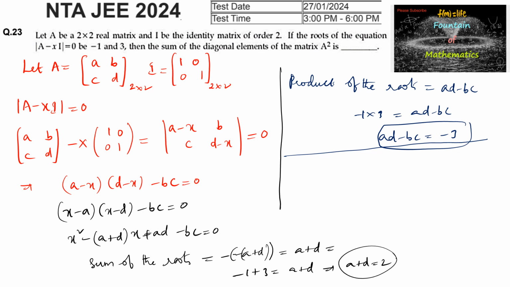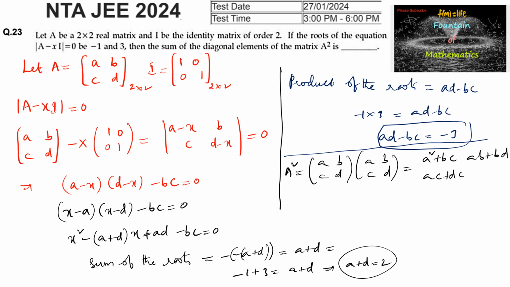the matrix A square. So let us find A square, which is equal to [a, b; c, d] multiplied with the matrix [a, b; c, d]. You will get a square plus bc, and here ab plus bd, and here ac plus dc, and here bc plus d square. And the sum of the diagonal elements we can write, sum of the diagonal elements is equal to